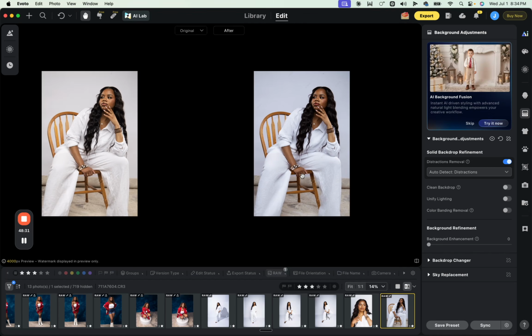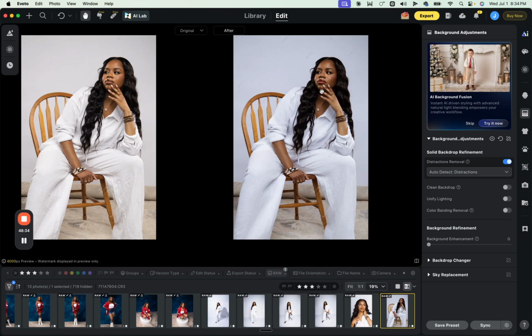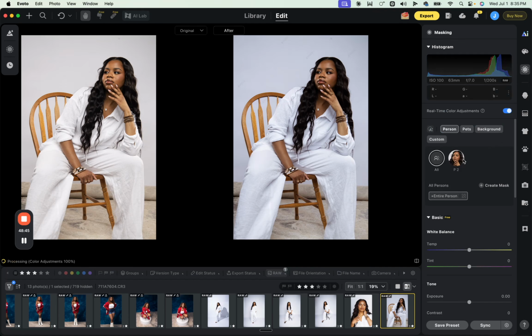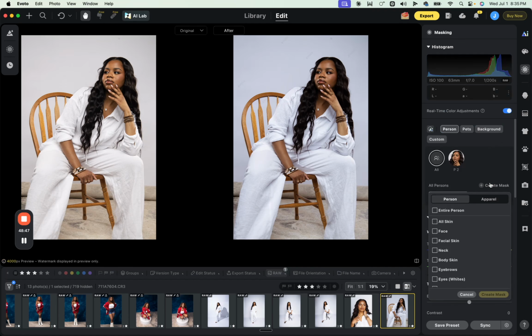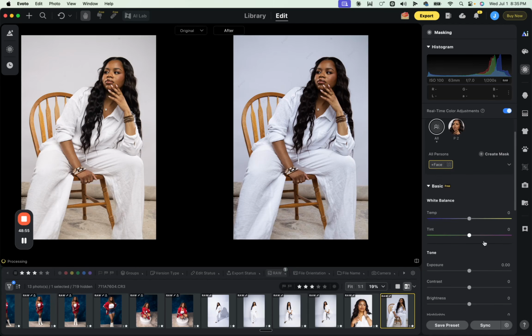The only other tweak I will make to this image is that she's looking a little bit on the darker side. So I'm going to come to masking. I'm going to click create a mask. I'm going to hit her face, create mask. And I'm just going to make her a little bit brighter. So I think with all the contrast and stuff on the image,